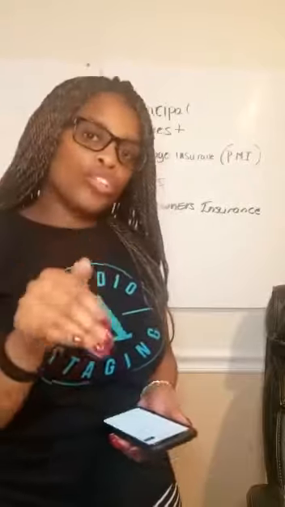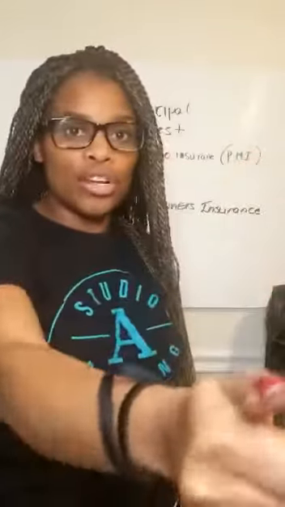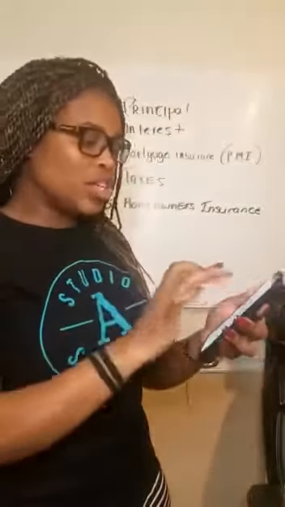So if you find a house, the house is 200,000, and your lender tells you you're required to put 3% down. 3% of 200,000 is $6,000. So you take 200,000 minus $6,000, that gives you 194. That is your loan amount. You are not borrowing 200,000 because you are bringing $6,000 to the table. So therefore, you are not financing the $6,000. You're only financing 200 minus 6,000, which is 194. So you would punch in 194 for the loan amount,